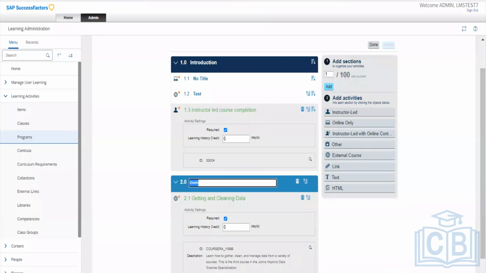Interesting. So what does that mean? I created an item, this program, and in this program,